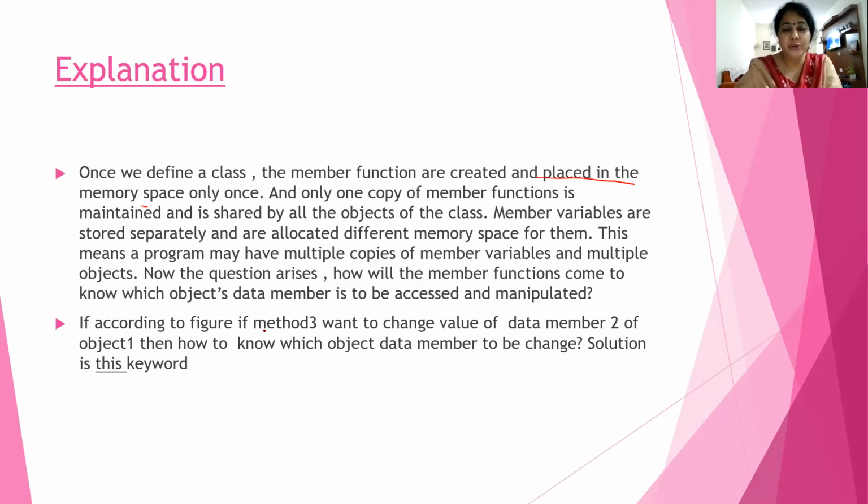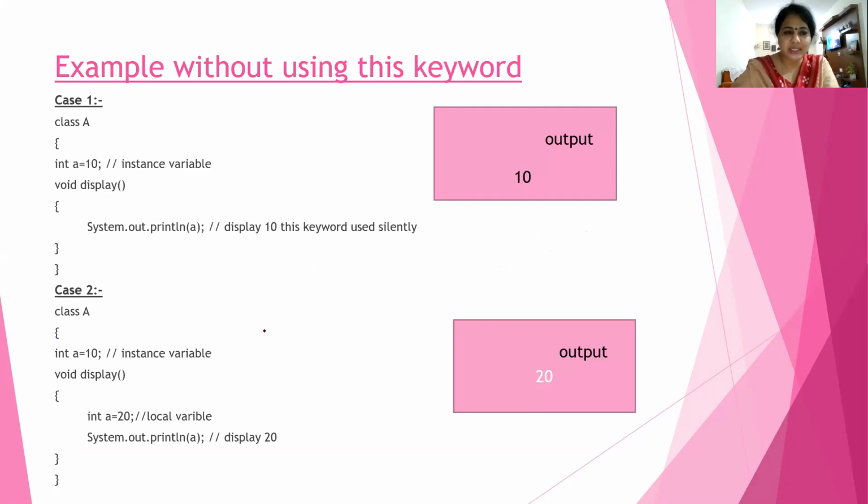So this is a reference to the current object, so it can help to resolve this problem. Now you just see how it removes the confusion between the local and instance variable. From the example you can understand here. You will see there is an instance variable 10. Without using this, I will try to explain and show the output also. You see there is an instance variable and display is the method, so it is globally available to the method, and when we try to display the data, then 10 will be displayed on the screen.